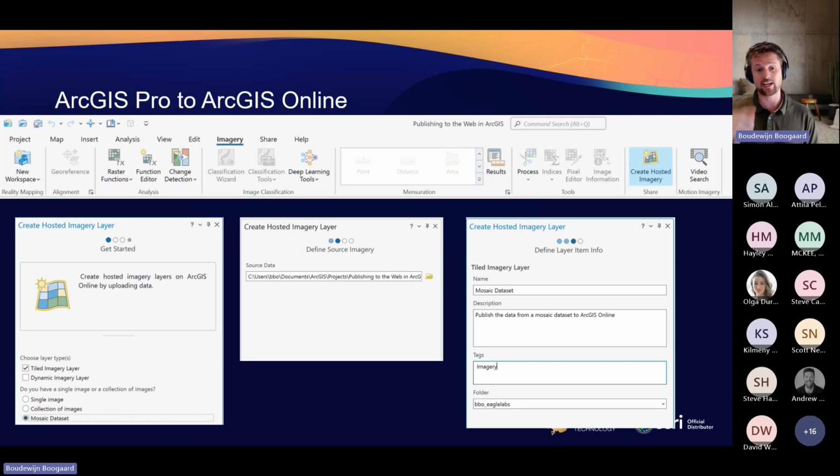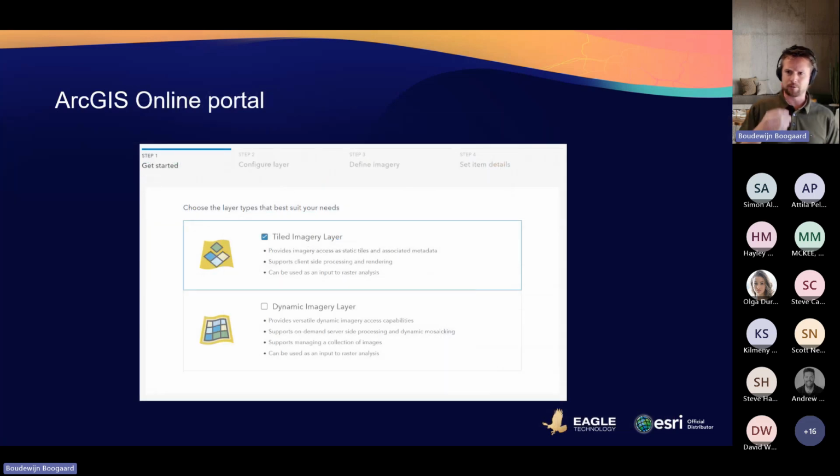One thing to note is that you can actually have a Mosaic dataset that references data in the cloud, but as soon as you publish it to ArcGIS Online, it will download the data from the cloud store and then push it into ArcGIS Online. Like I said, the steps are pretty similar to how you publish it in ArcGIS Enterprise. There are a few things that are different to be aware of.